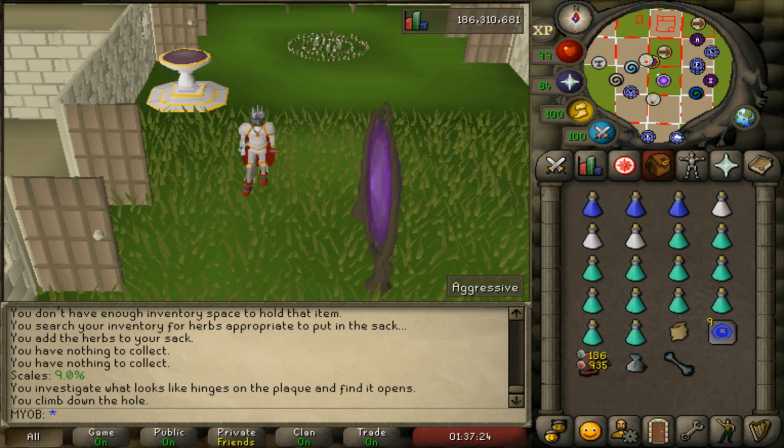So in this guide, I'm going to be showing you guys how to kill Abyssal Demons in two different locations. The first one will be in the Catacombs of Kourend, and the second one will be in the Morytania Slayer Tower. The difference between the two locations is that in the Catacombs of Kourend, you can use a prayer-based setup, whereas in the Slayer Tower, it is single combat, so you can bring more of a melee-based setup rather than